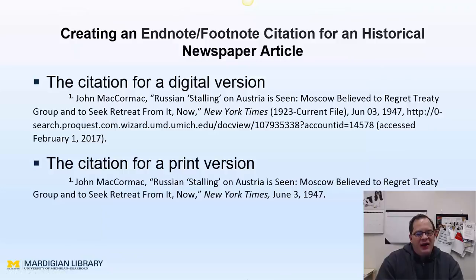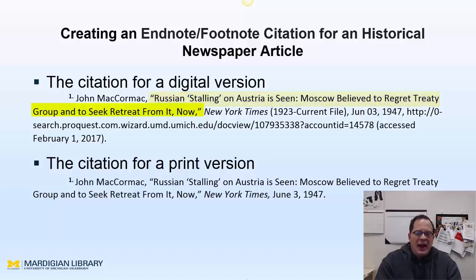Now, pulling all of this together and creating an endnote or footnote citation for an historical newspaper article, we start by, again, figuring out what note this is. So this is note 1 again. So we then indent, list the note number superscript, and then we begin the citation with the author of the article, in this case John McCormick, and then we list the title in quotation marks, Russian Stalling on Austria is Seen, Moscow believed to regret treaty group and to seek retreat from it now, and then a comma, and then